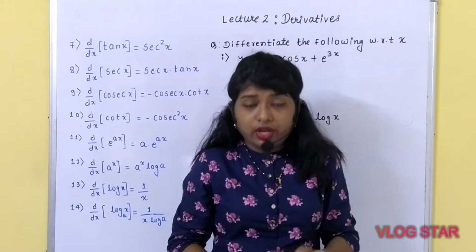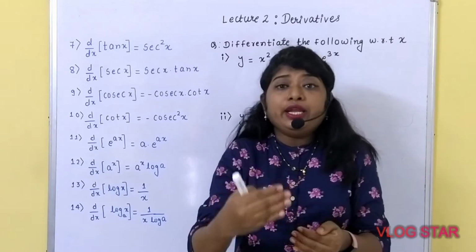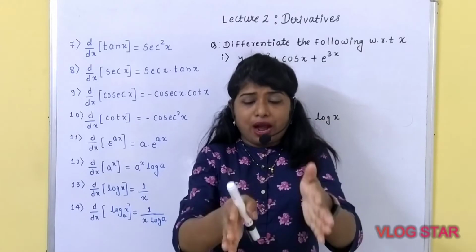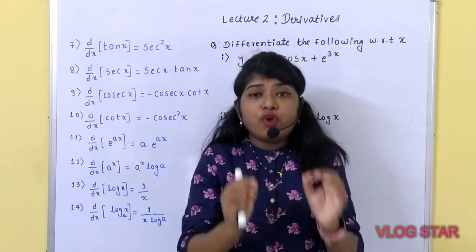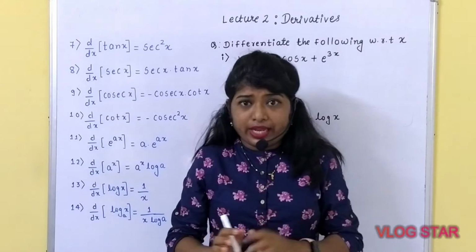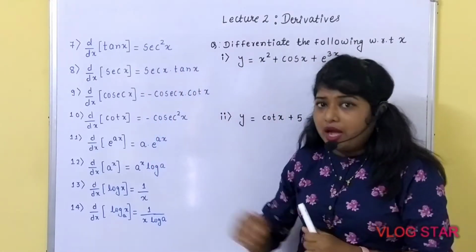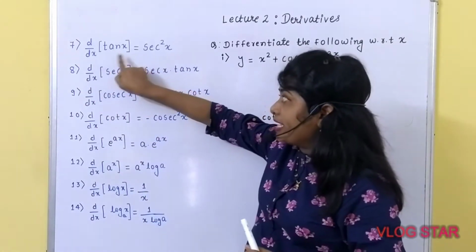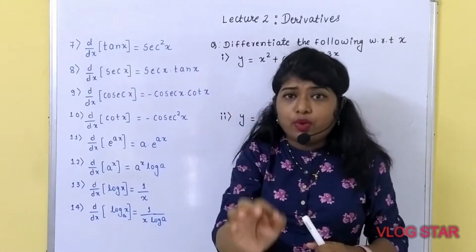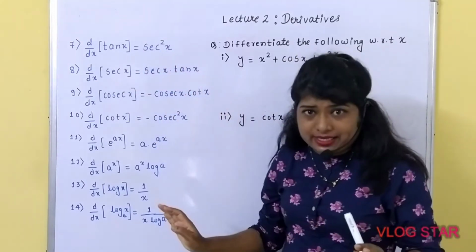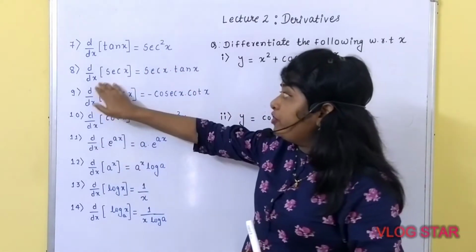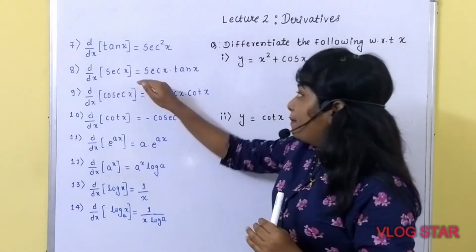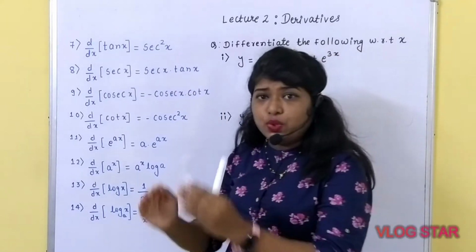In today's lecture, we are going to learn 8 new standard formulas related to the derivatives. So at this stage, you have to remember total 14 standard formulas. Okay, so let's begin with the first formula. If you need to calculate derivatives of tan x with respect to x, which is always equal to sec square x. Okay, similarly, if you need to calculate the derivatives of sec x, then how you are going to find out that? By this formula, sec x into tan x.